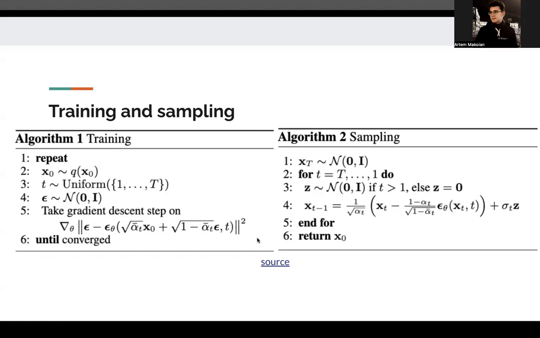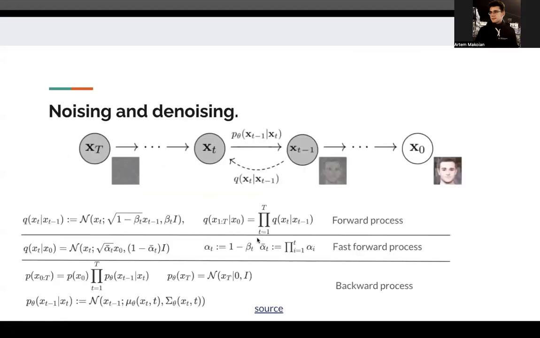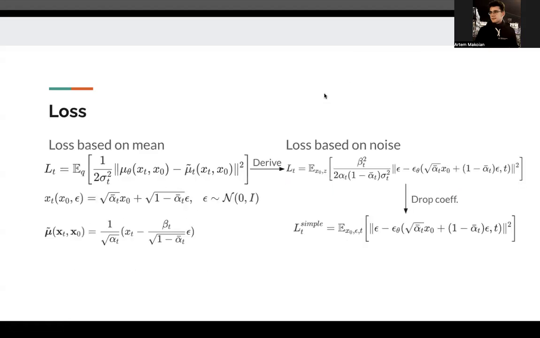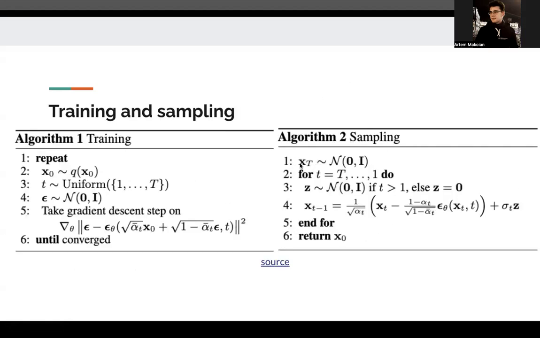Okay, we trained our model. What should we do now? Now, we should go from left to right. Backward process. Generate xt, not x0, xt. It's simply the noise from a standard normal distribution. Then go from left to right and try to denoise the image. We should sample the noise and